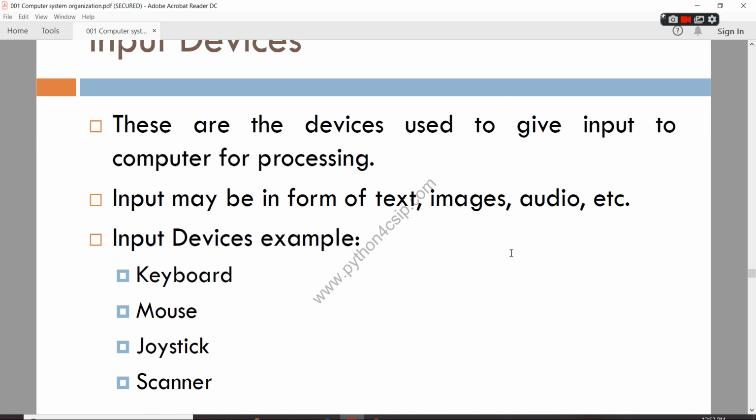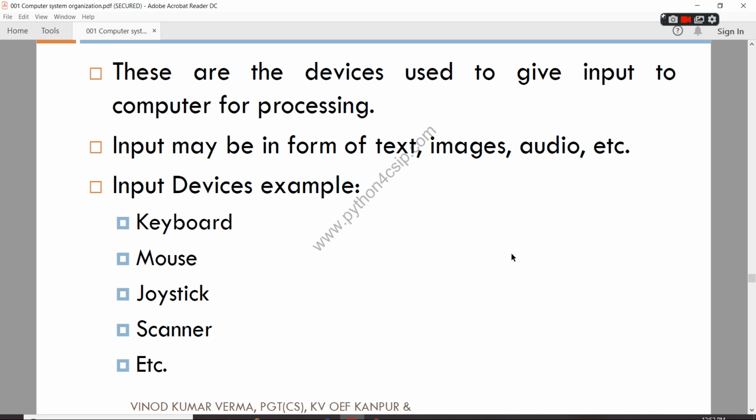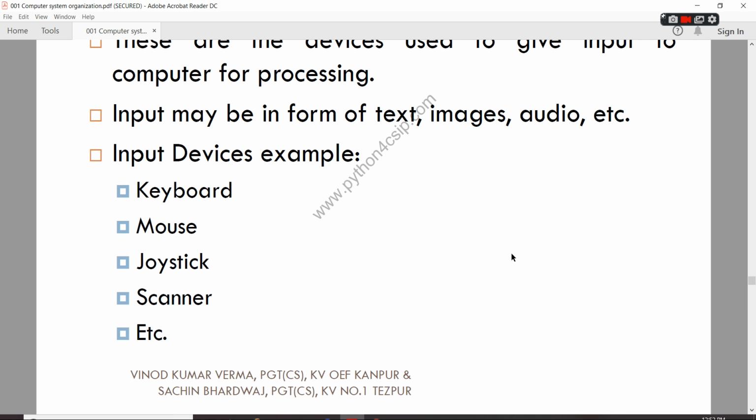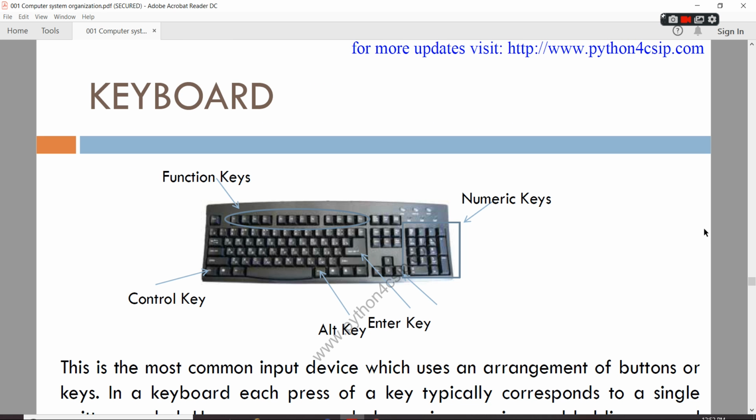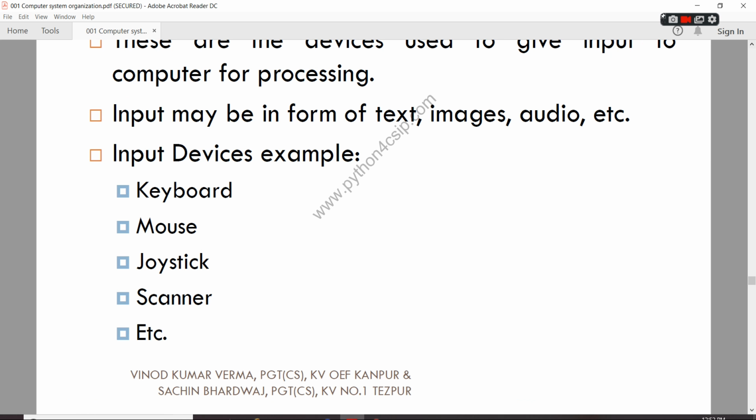Input devices. This is the next portion. Yesterday I taught you the purpose of input devices. These devices are used to give inputs to the computer. For example, if you need to give some inputs to the computer, you have to type from the keyboard. The computer has to accept all the inputs given through the keyboard and the mouse, and the processing unit, the CPU, has to process all the details entered through the keyboard, as well as the output unit will display all the outputs. That's what you have seen yesterday, right?